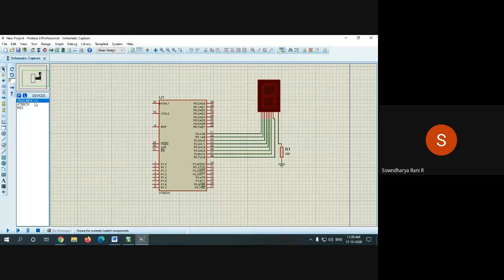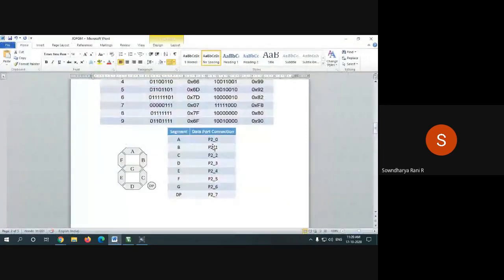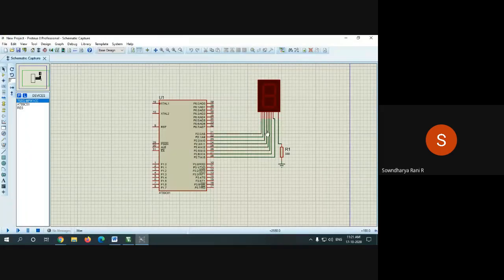On the pin numbers displayed, P2.0 you have to give to A, and P2.7 you have to give to DP. The common cathode terminal is grounded through a resistor.